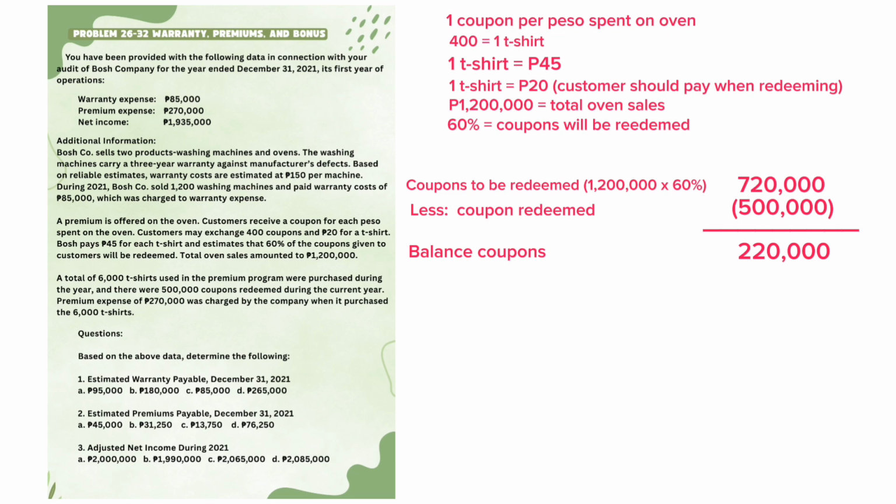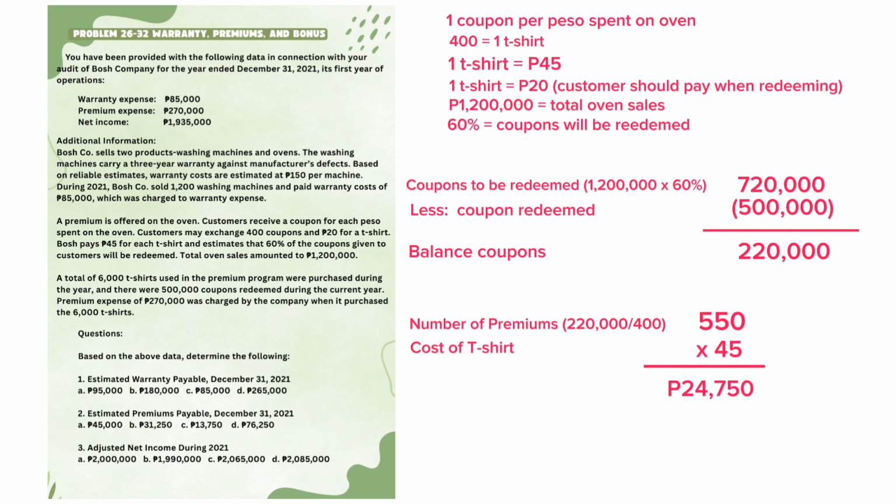So, since 400 coupons equal 1 t-shirt, the remaining number of t-shirts to be redeemed is based on the 220,000 new balance. So, we divide 220,000 by 400. So, we get a total of 550 t-shirts. It is stated in the problem that each t-shirt costs 45. So, 550 times 45 pesos, we get the total of